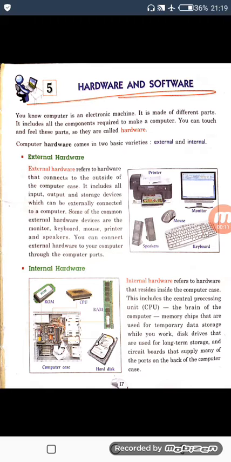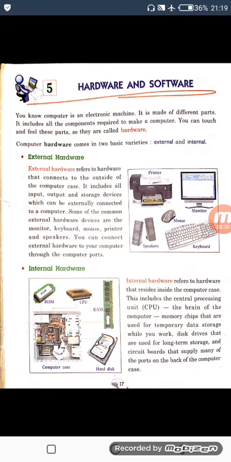Today, we are going to begin a new chapter, chapter number 5, Hardware and Software. Before starting this chapter, I just want to help you recall the previous chapters we have studied. First one was Know Your Computer.